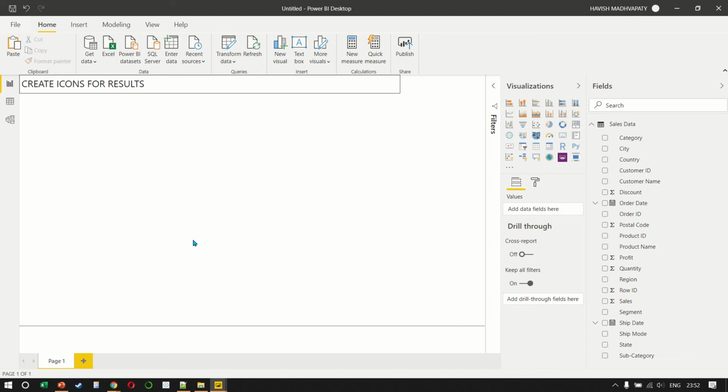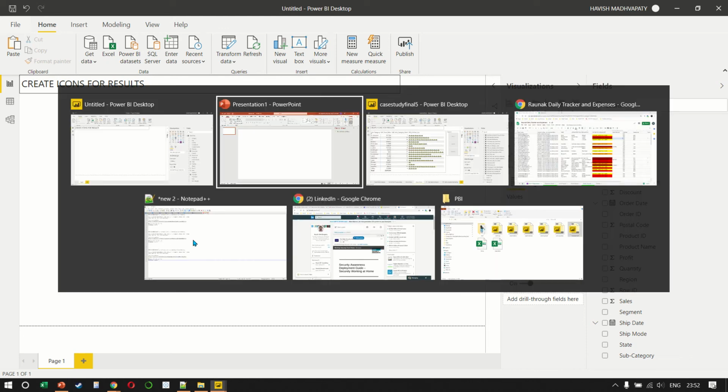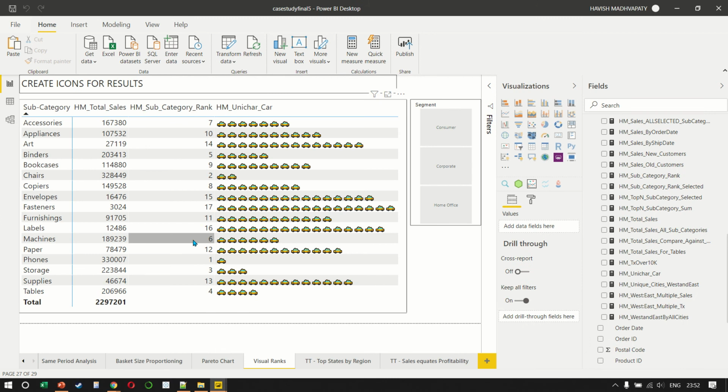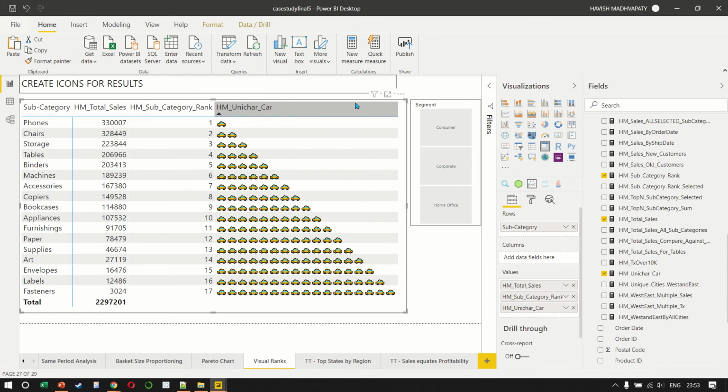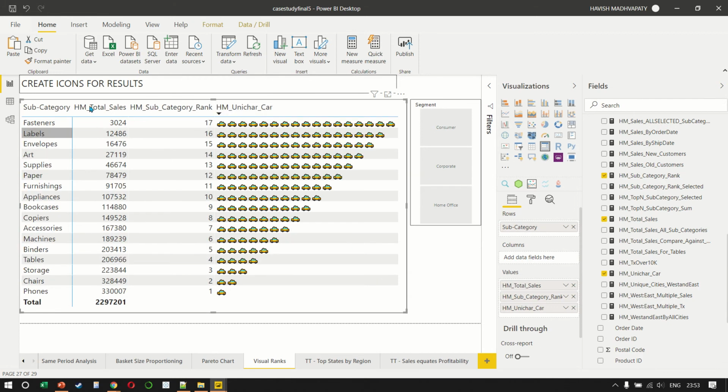Hi everyone. In today's example, I want to do something fun. If you look at this table, we have a list of all the subcategories. We also have the total sales, and we can also see these nice icons that are representing cars for the rank that has been assigned. Of course, the rank here is being used only because we want to create these characters which are being represented